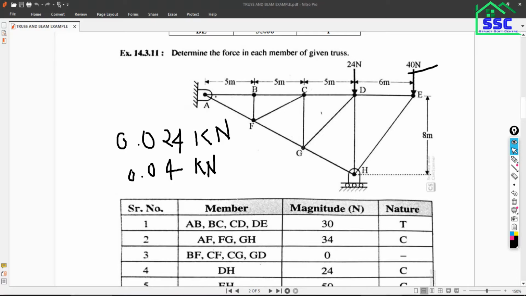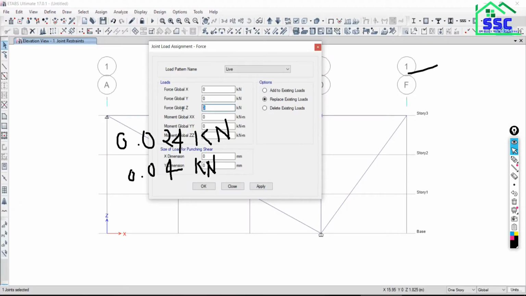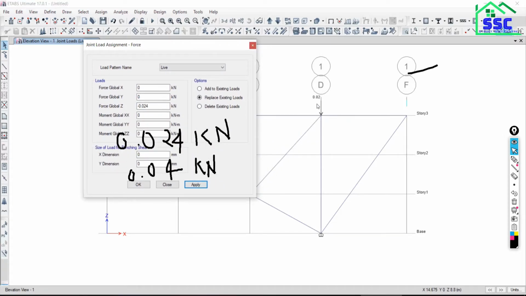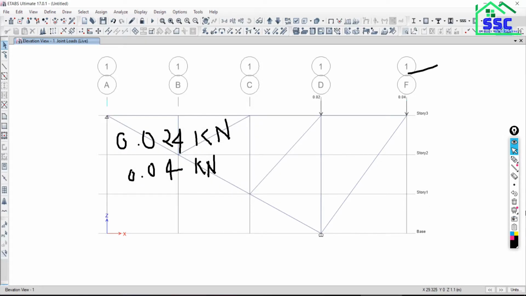So just come back to the tabs and put minus 0.024, apply. As you can see here, 0.024 has been assigned. Then select this joint, 0.04 will be there. Say apply, vertical downward direction. Now it's all done.